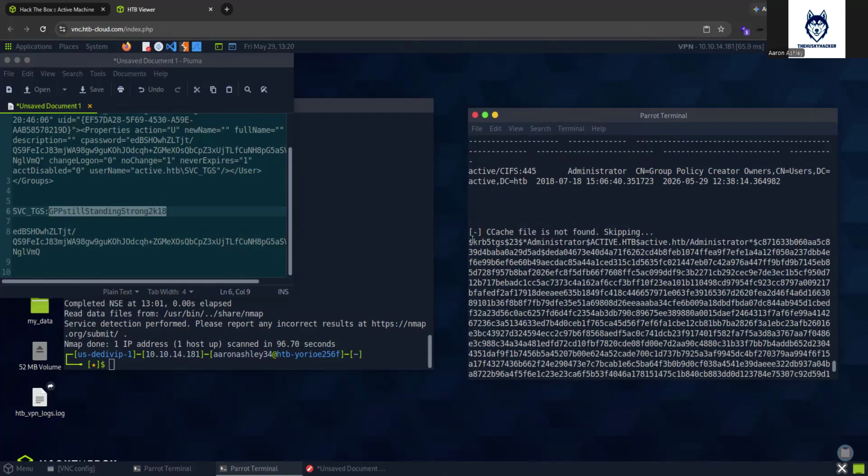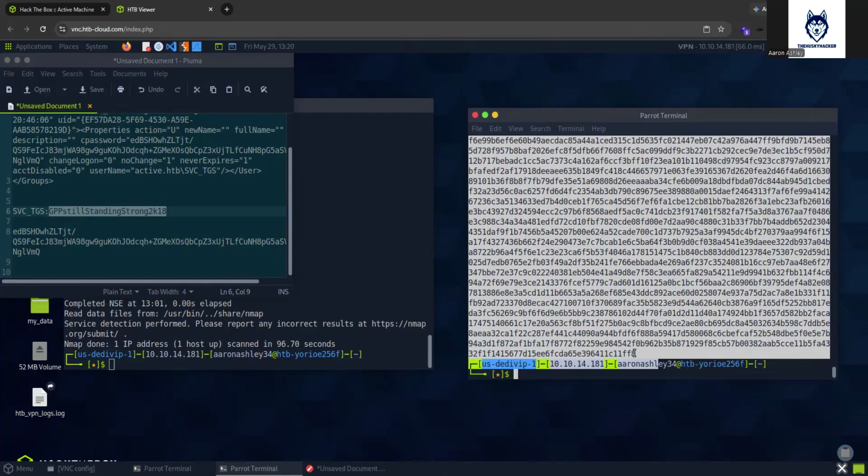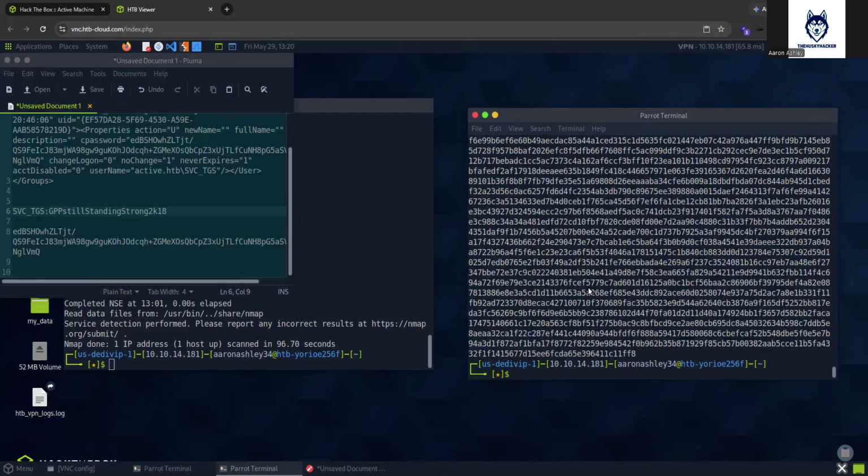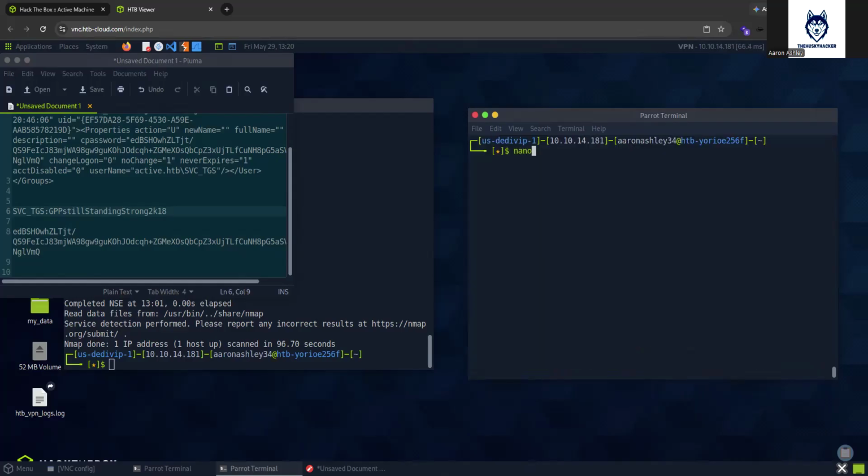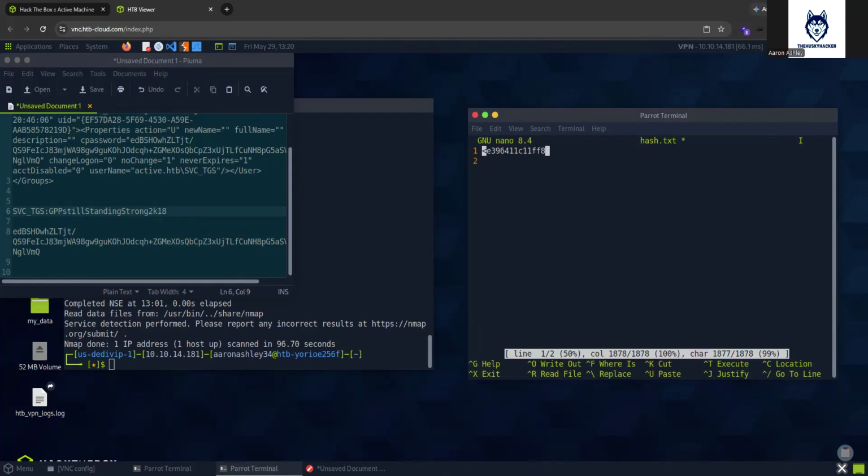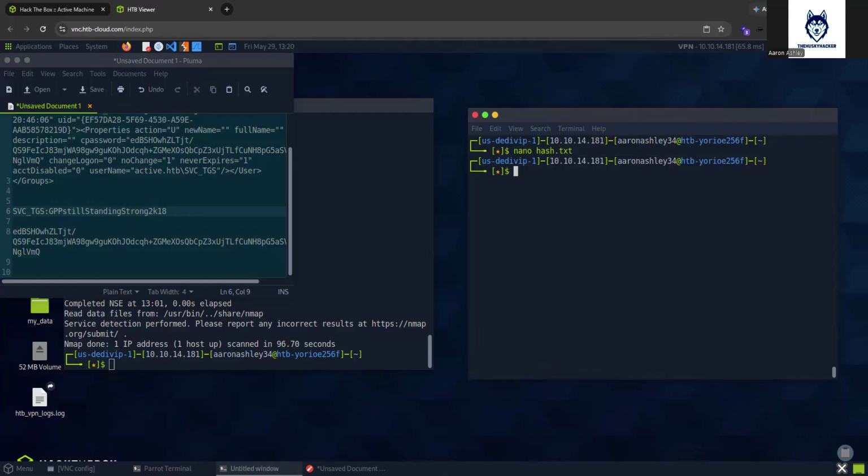And now I have the administrator's ticket. So what I'm going to do now, I have the hash here. I'm going to go sudo nano hash.txt. We're going to copy and paste this, save it. Then I can run it in either Hashcat or John the Ripper, and we're going to take that offline to check whether or not we can crack it. But first, make sure that's done first, and then Hashcat